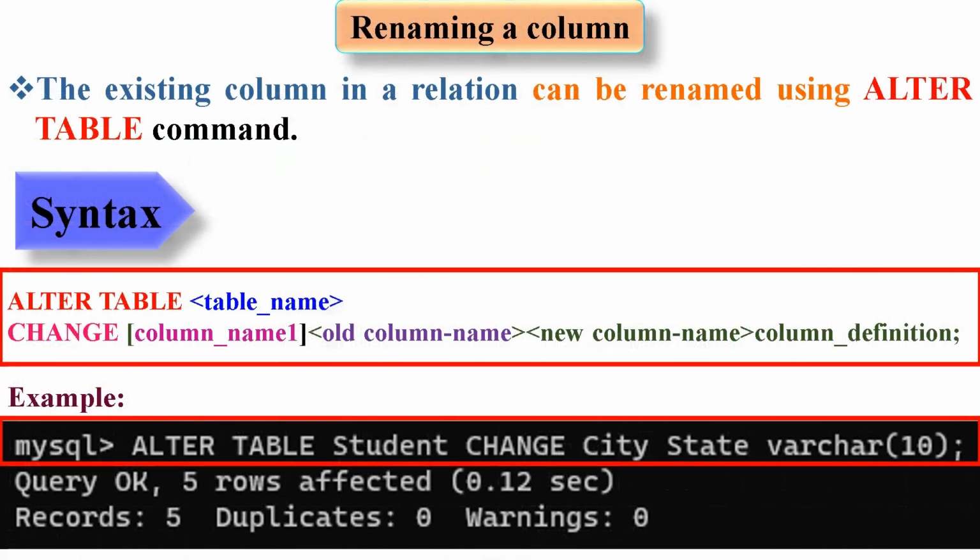Let's learn how to rename a column in a table. The existing column in a relation can be renamed using the alter table command. The syntax is: alter table table_name change old_column_name new_column_name column_definition; For example, we type the statement: alter table student change city, which is the old column name, state, which is the new column name, data type varchar(10);